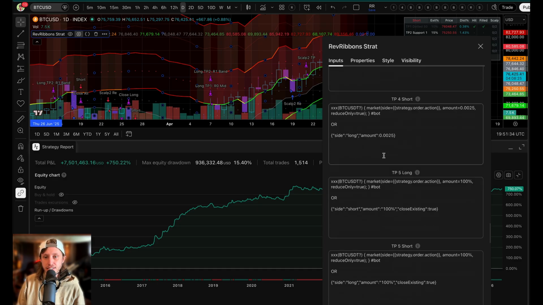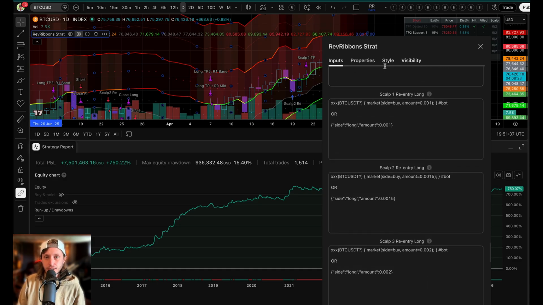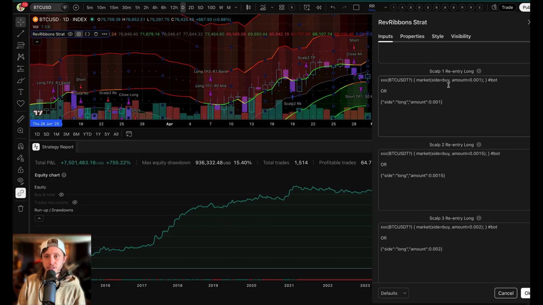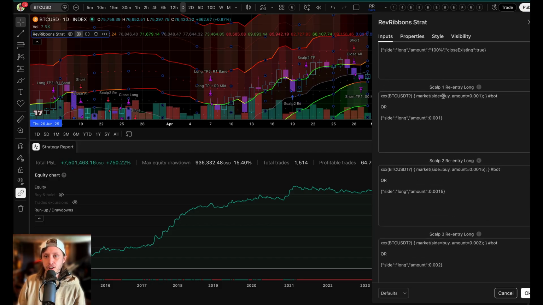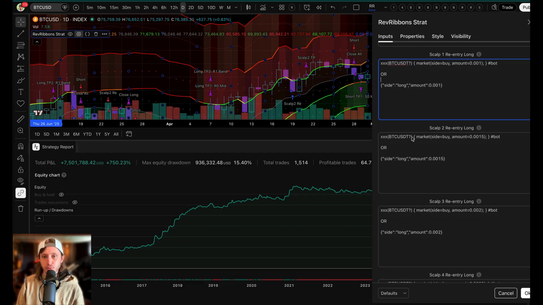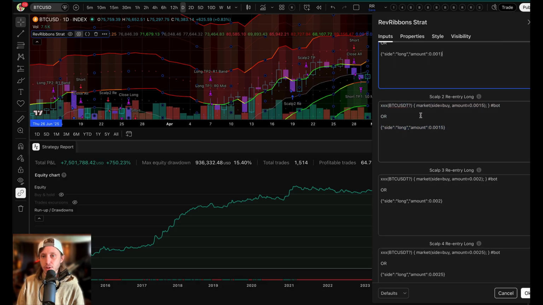The last thing to look at is the re-entries. And it's pretty self-explanatory what's going on here. If you're re-entering long, you're buying whatever amount. And again, you're going to want to make sure there's so many API keys that are going to have to match in your actual trading. So if on one of these scalp re-entries you have BTC USD, then it's going to send a buy order to buy BTC USD on your exchange, not BTC USDT, and then obviously BTC USD would not close. So there can be many ways that this goes sideways,